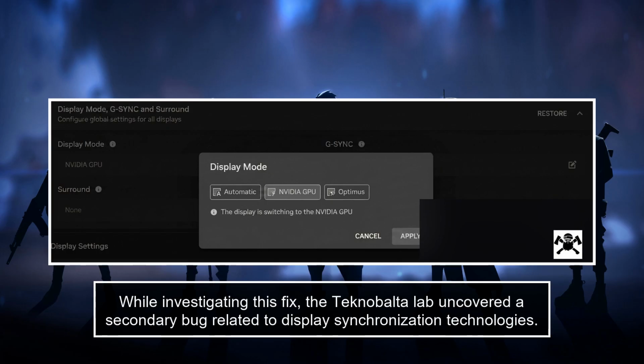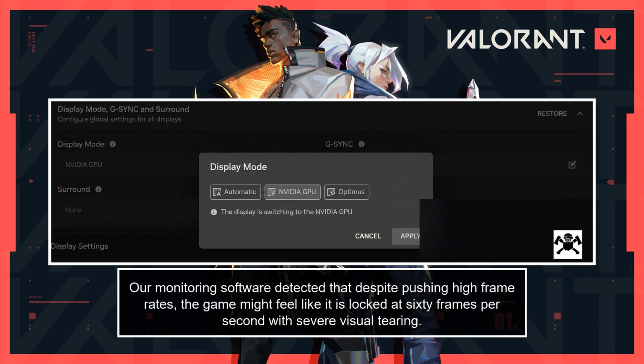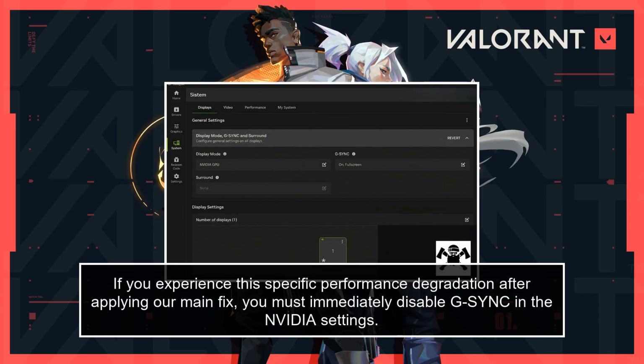While investigating this fix, the Tenabalta lab uncovered a secondary bug related to display synchronization technologies. When running exclusively on the NVIDIA GPU mode, having G-Sync enabled can sometimes restrict the perceived frame rate. Our monitoring software detected that despite pushing high frame rates, the game might feel like it is locked at 60 frames per second with severe visual tearing. If you experience this specific performance degradation after applying our main fix, you must immediately disable G-Sync in the NVIDIA